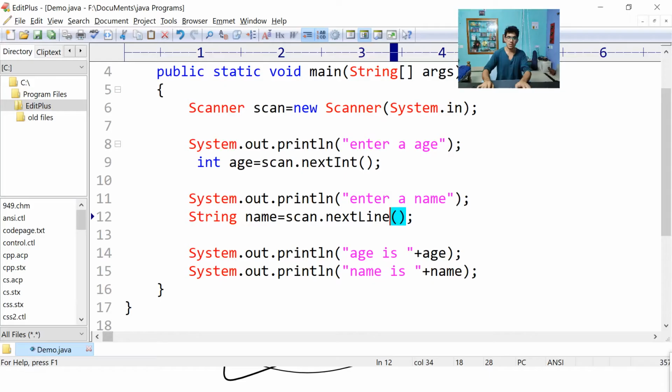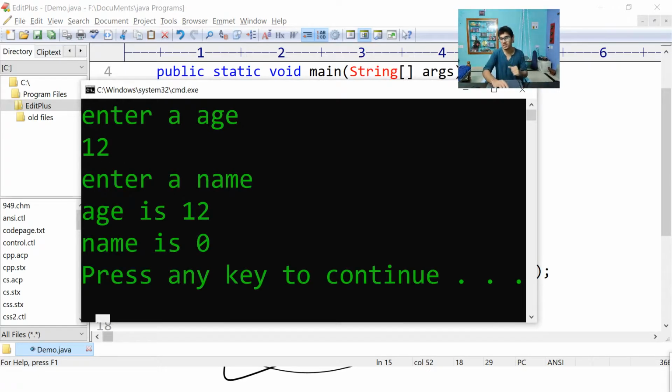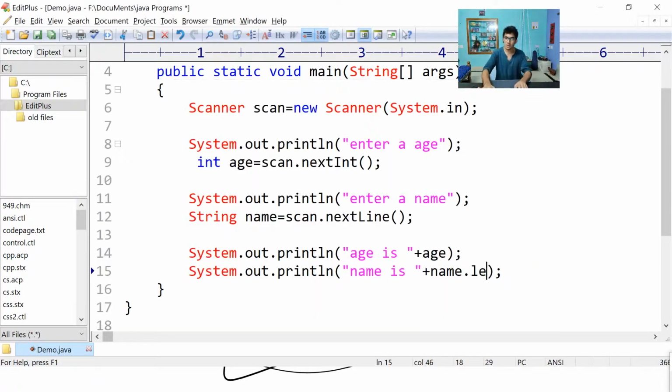See, if I use name.length, you will get to know that it has been printing that empty string only. Enter age 12. It is not allowing me to take the name. But now, watch here.